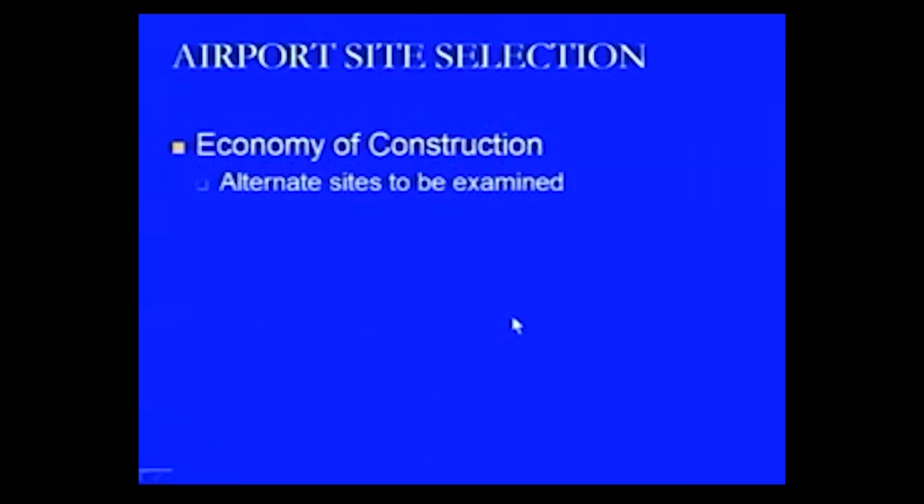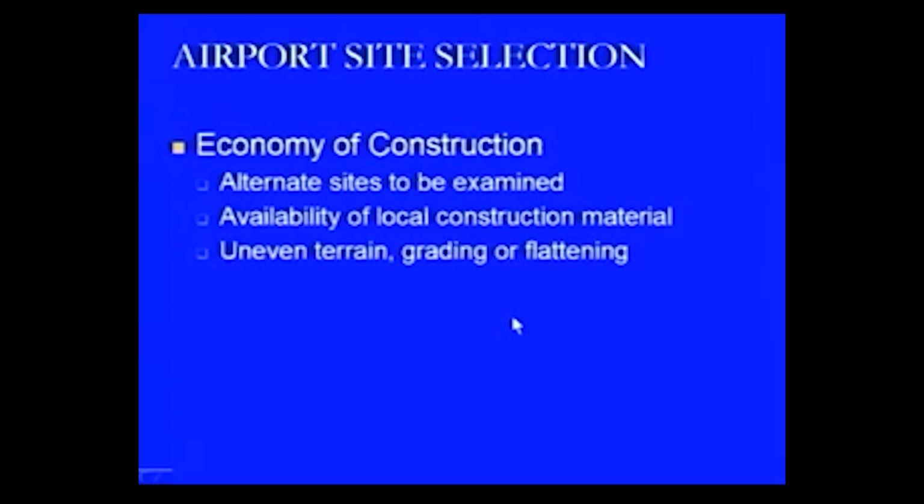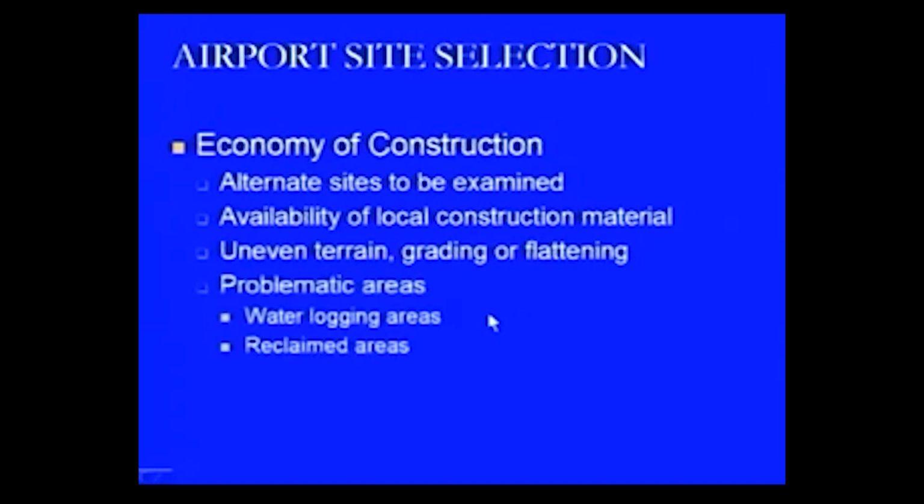Then we come to the economy of construction. In this case, there are alternate sites that need to be examined, and we have to look at what is the availability of local construction material, what is the availability of manpower, what type of terrain is being provided, whether there is a requirement of flattening of the terrain or it is to be graded, and whether there are certain problematic areas which need special consideration, like waterlogging areas or reclaimed areas. All of such things become costlier, and they keep on increasing the cost of the project, that is the provision of the airport, and that is why we have to look at by what way we can reduce the overall